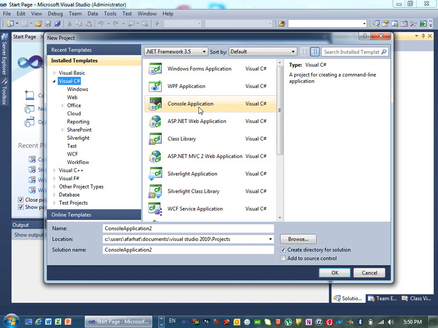You have a lot more. You have, for example, you can create a form, a window application. You can create this thing called console application. But for now, we select console application. And we have to give it a name, the name of the project. So we'll call the first project